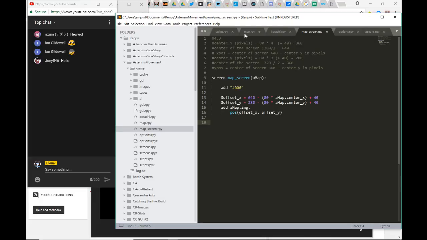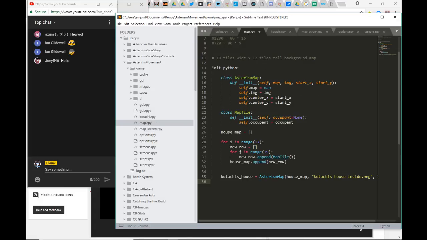Okay, so let's back up a second. We've got our background in place, but we're gonna need some kind of thing to represent objects or items or occupants on the tiles. So let's make another class. Let's call it I